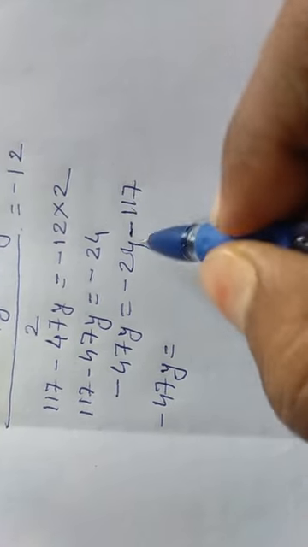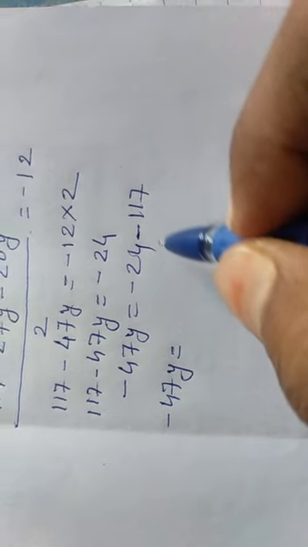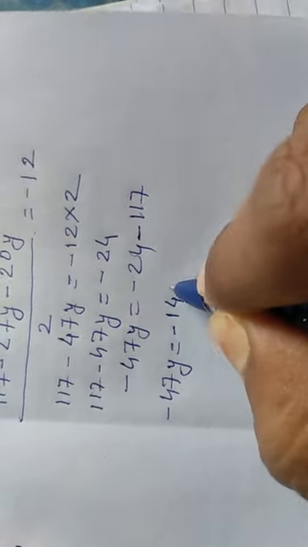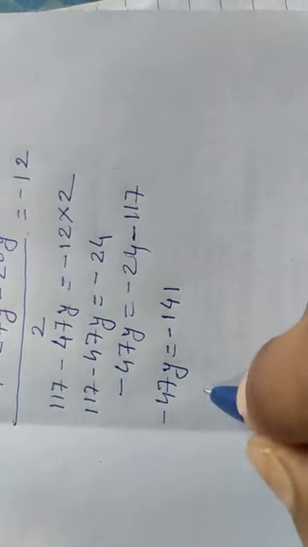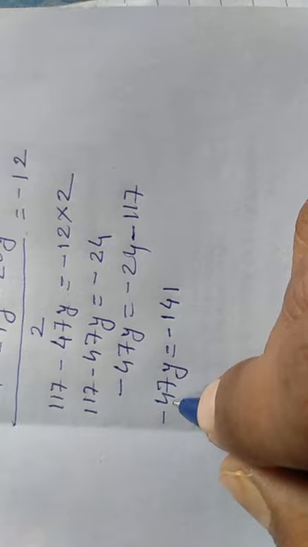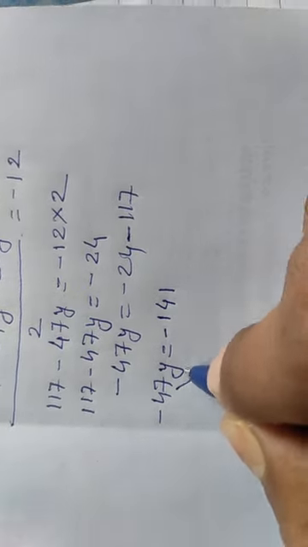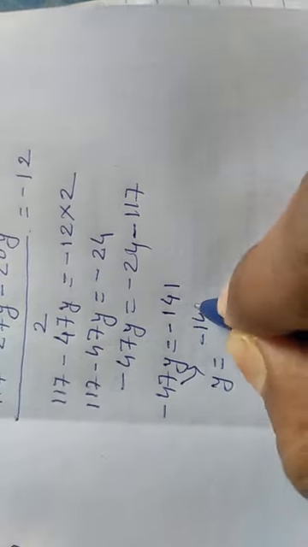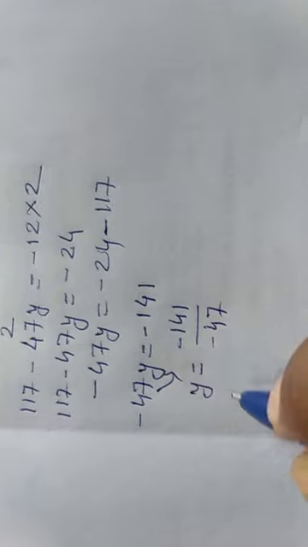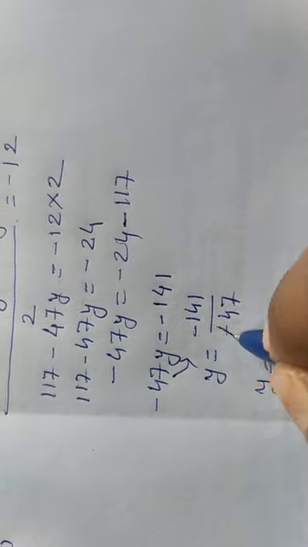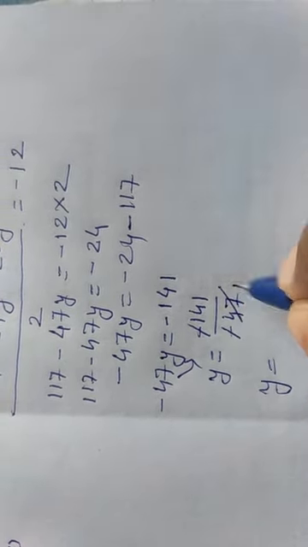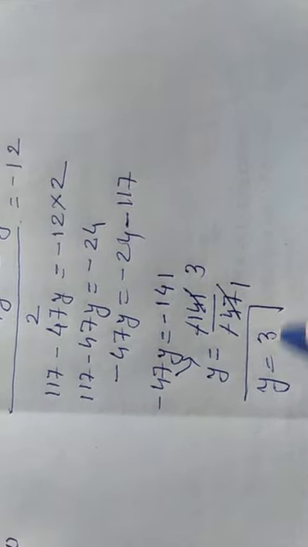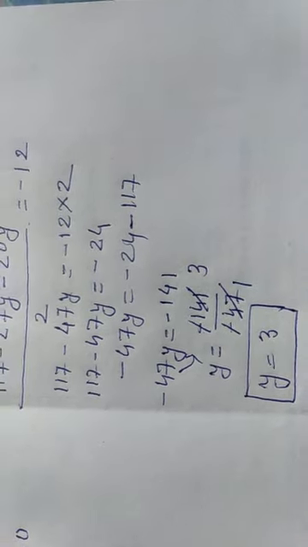इनको हम add कर सकते हैं. So once we add this, what we get as the answer is minus 141. So now here this 47 is there in the multiplication. If we take it on the right hand side, अगर इस 47 को हम right hand side में लेते तो ये मिलेगा मुझे y is equal to minus 141 upon minus 47. So here the minus gets cancelled. 47 1s are 47, 47 3s are 141. So we will get y equal to 3. This is nothing but the value of y.